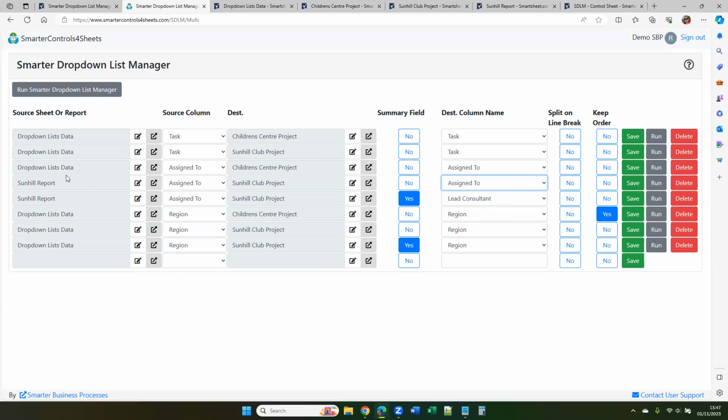We're really just defining where we're getting the information from, where we're pushing it to, and then saving that within our configuration. So there's a couple of other options to mention here. We've got this summary field. Now, you probably know within